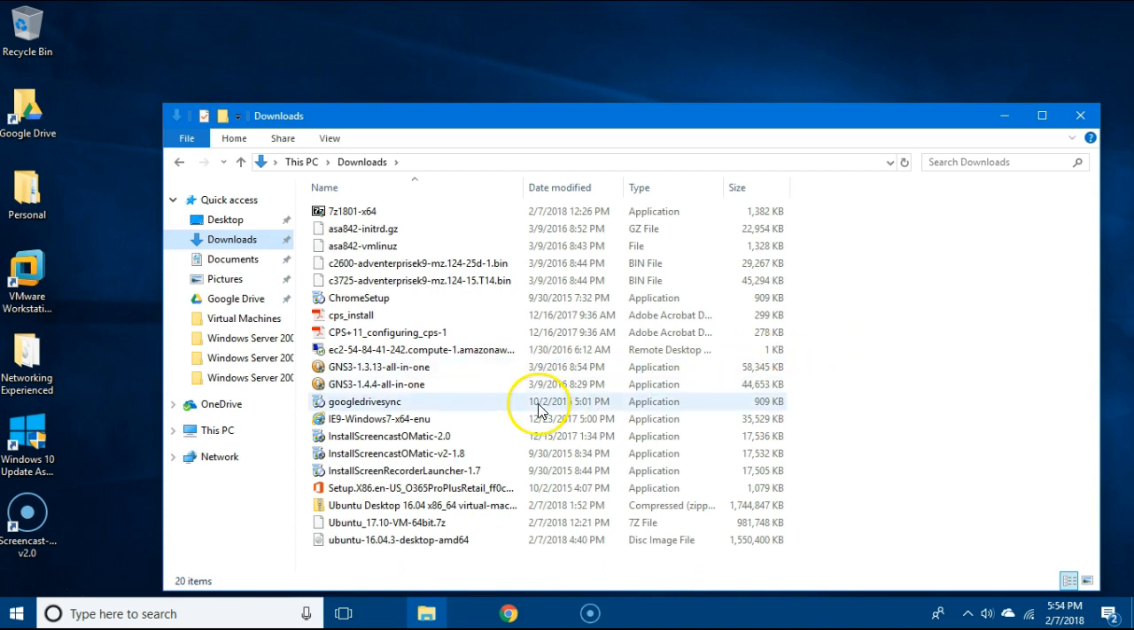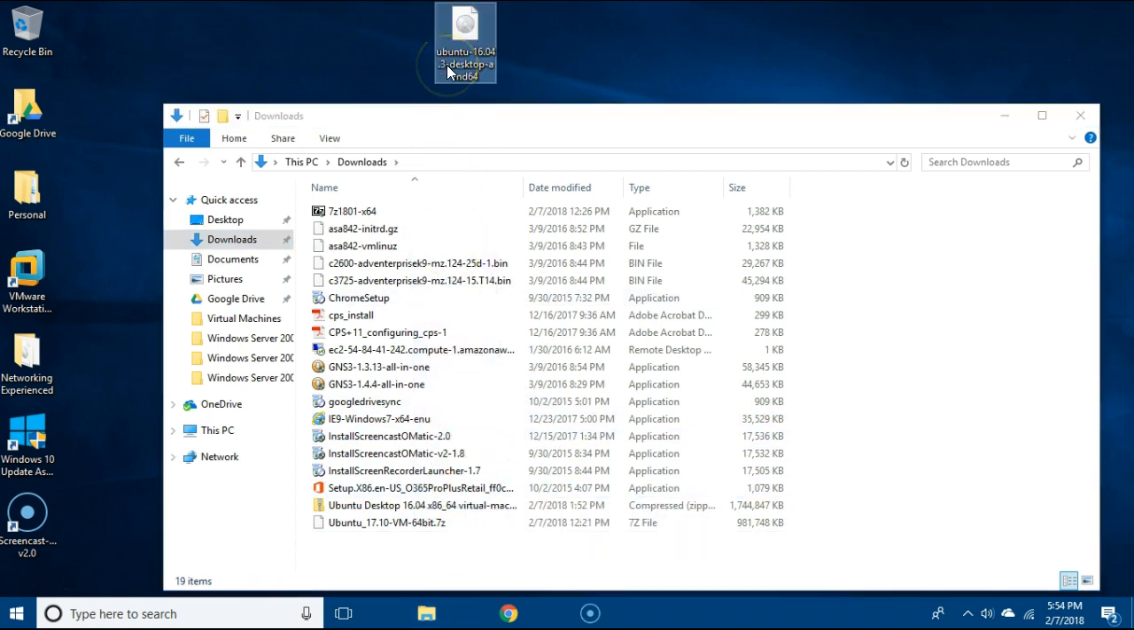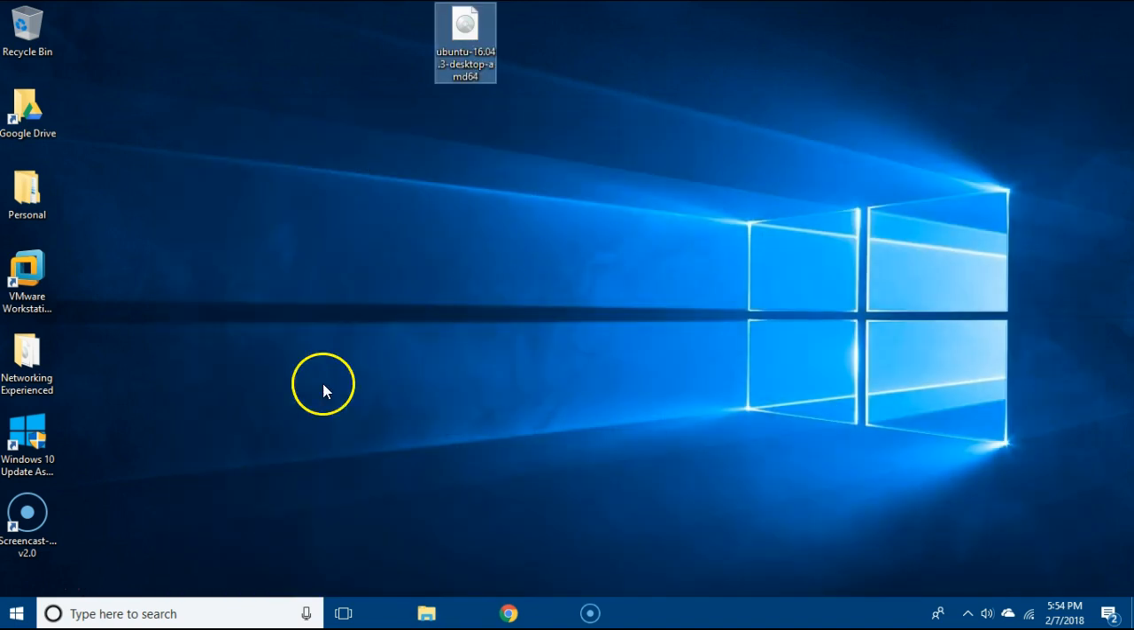Okay, so the download has completed. It's sitting here in my downloads. I'm going to pick that file up and I'm just going to drop it over here on the desktop so it's easier for me to find. I'm going to start VMware Workstation Pro,